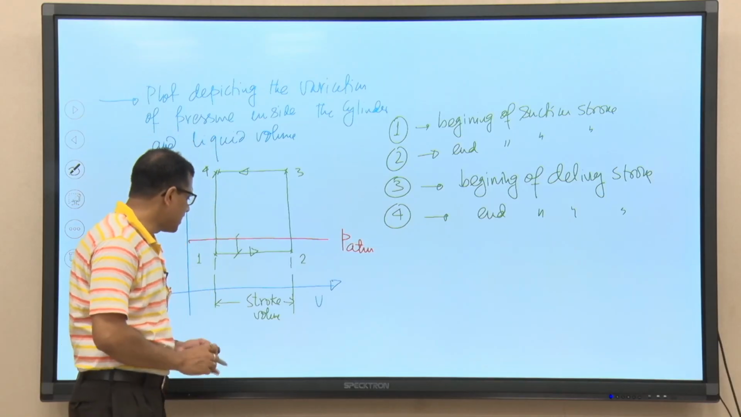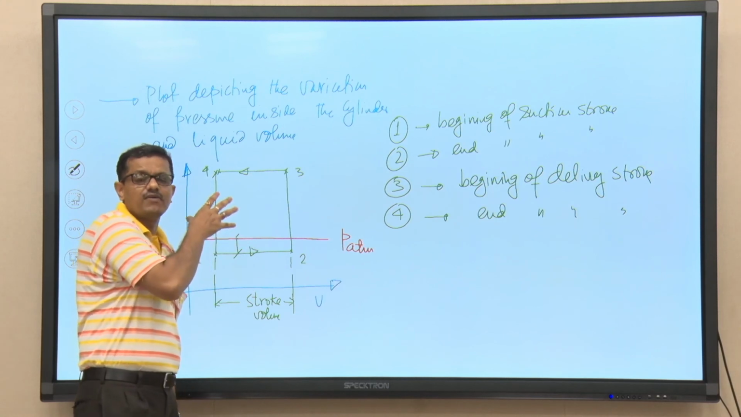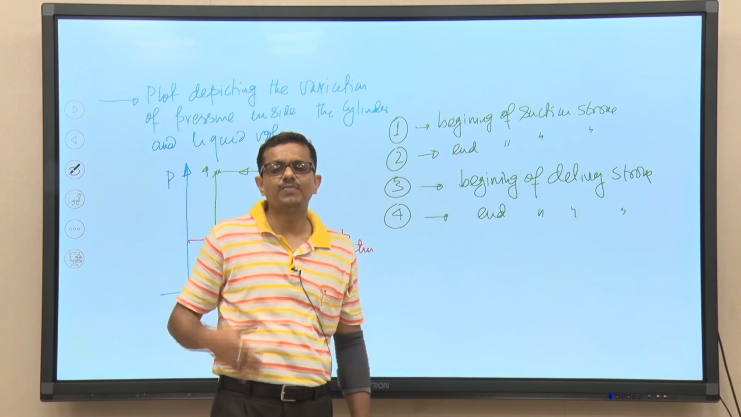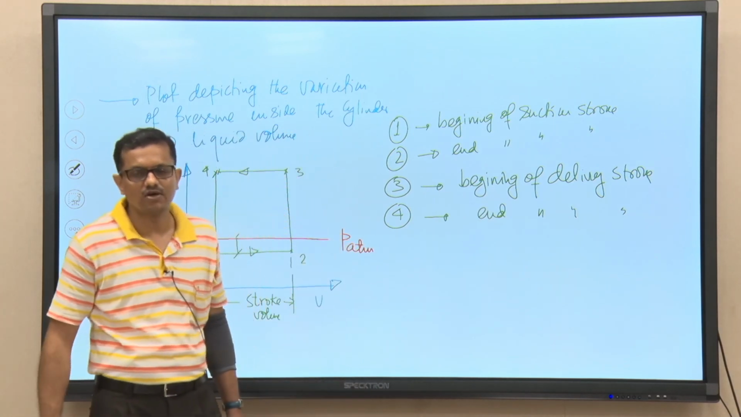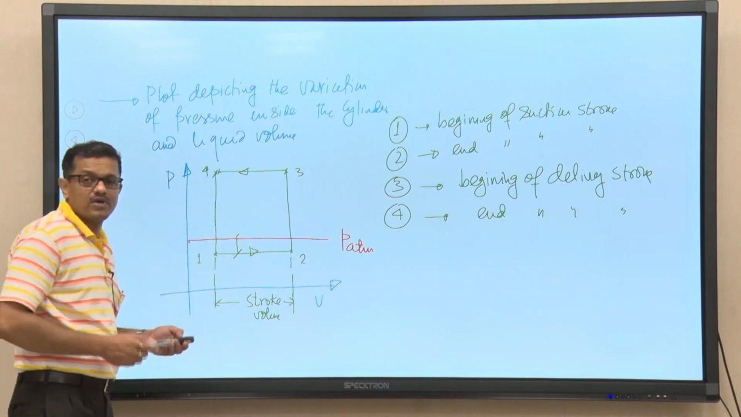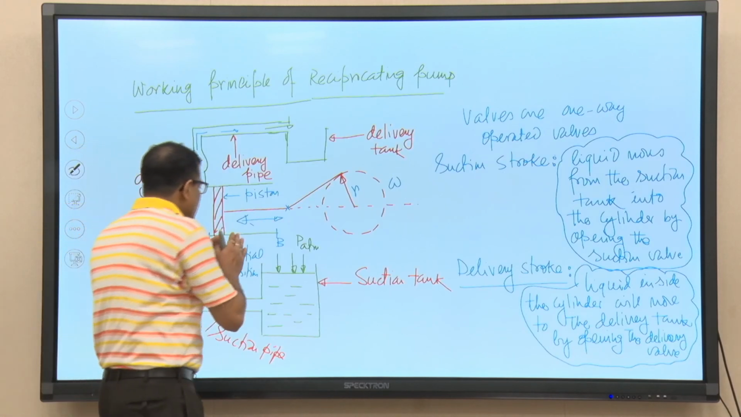So, now again I am telling you 1, 2, 3, 4. So, this is a very simple diagram to understand how the pressure is changing inside the cylinder against the volume of the liquid being displaced or discharged by the pump. Now, I would like to discuss one important point today,